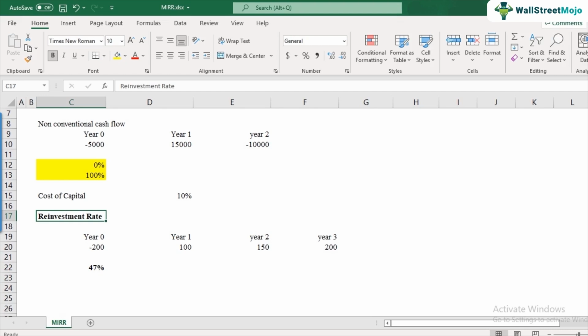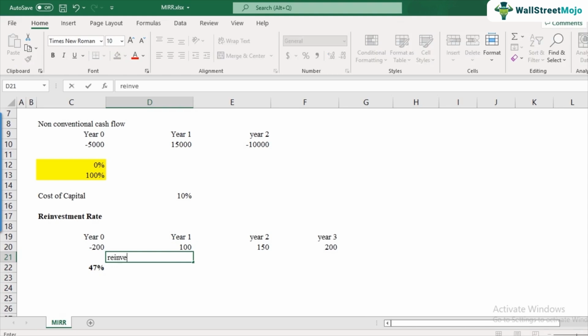Now, what this means is, in this project, we are getting 47% as a rate of return. Obviously, this is a very high number, correct? Now, when we calculate IRR, the implicit assumption is that whatever cash inflows we get year over year are reinvested at IRR. Now, imagine you getting $100 at the end of year 1 and reinvesting it at the rate